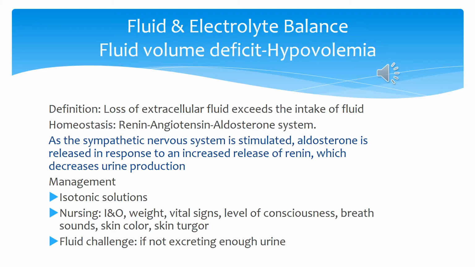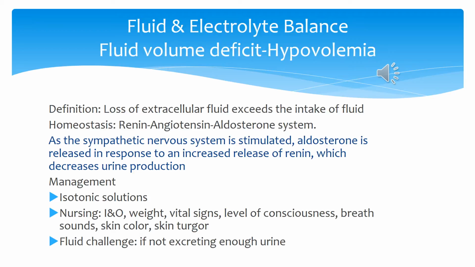For the medical management of fluid volume deficit, isotonic electrolyte solutions like lactated Ringer's or 0.9% sodium chloride are frequently the first-line choice to treat hypotensive patients with fluid volume deficit because they extend plasma volume. The normal body mechanism for homeostasis would be the renin-angiotensin-aldosterone system. As the sympathetic nervous system is stimulated, aldosterone is released in response to an increased release of renin,